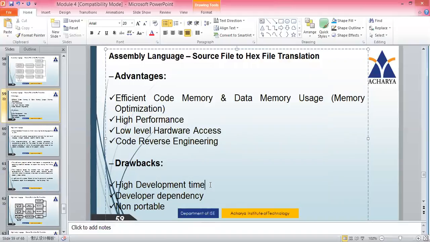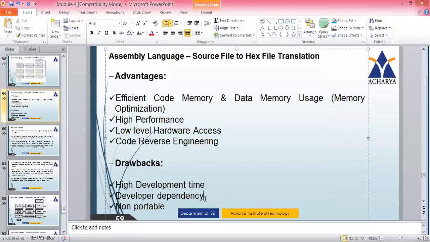The drawback is development time. Yes, we have to study the architecture of the entire hardware to develop the programs. And the next one, developer dependency. As we said, programs written for one microprocessor or controller cannot be ported to another type of microcontroller.